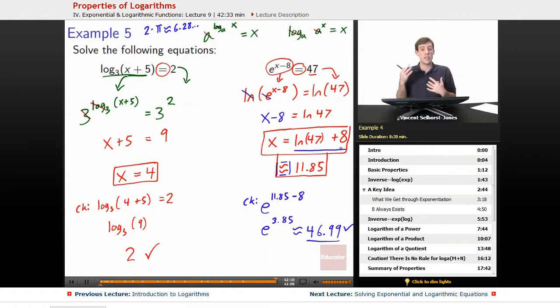Pretty great stuff. Allows us to get a whole bunch of applications worked out with this, as we'll see in 2 lessons from now when we talk about applications of this stuff. And in the next lesson, we'll really dive into how we solve equations like this. So if you want more information on that, check out the next lesson where we'll see some really complicated examples, get a really great idea of how this stuff works, and we'll really understand how to solve all these